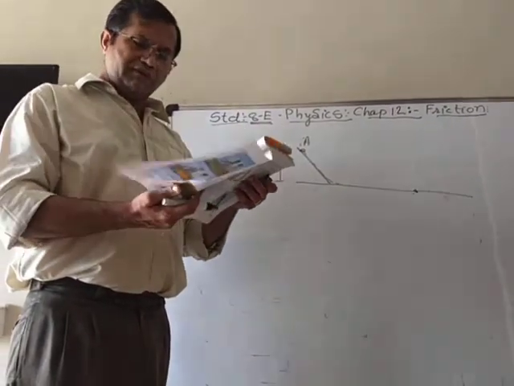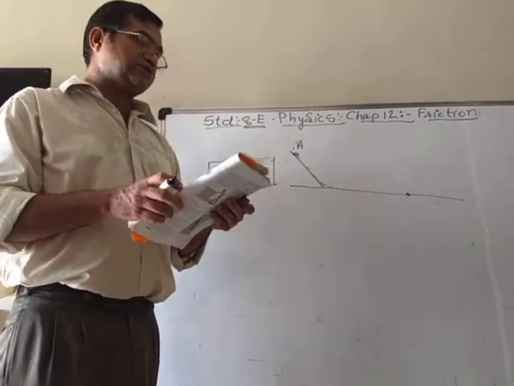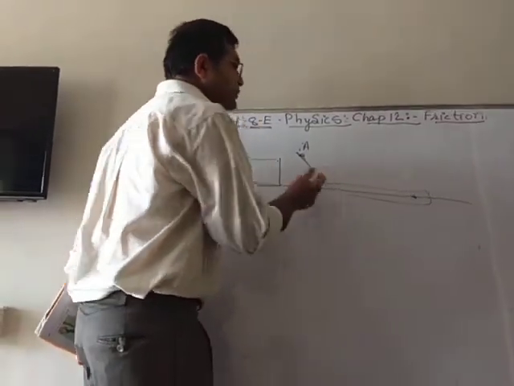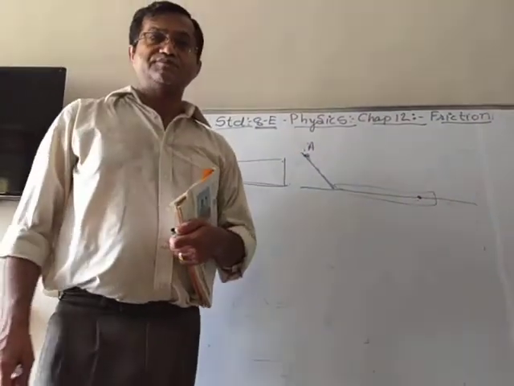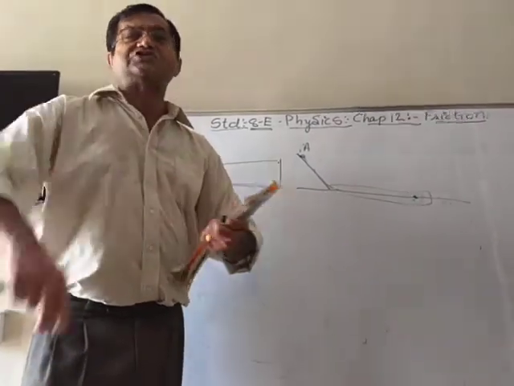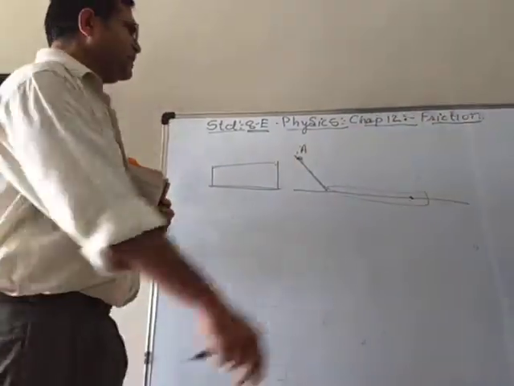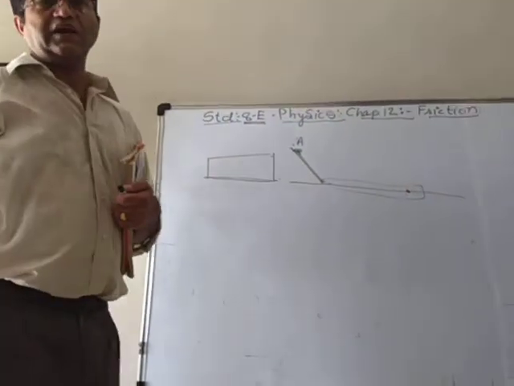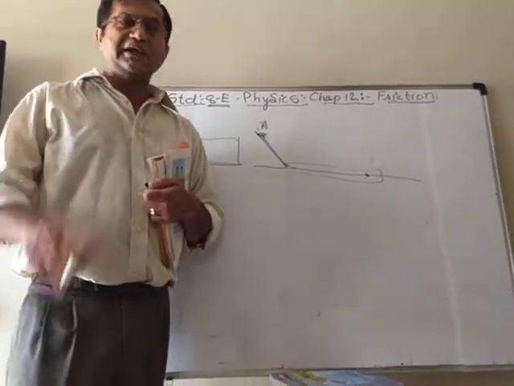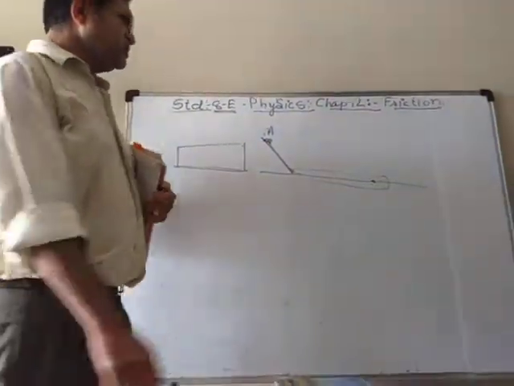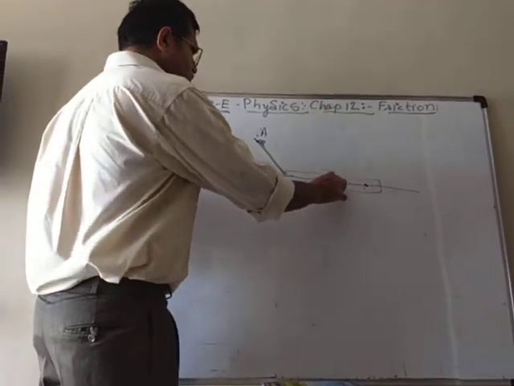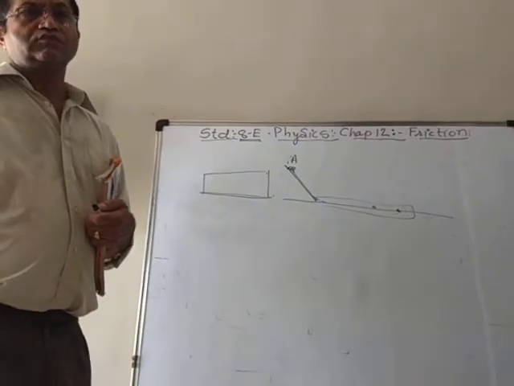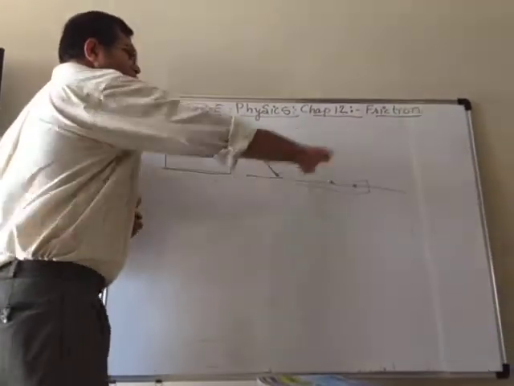Now what do we have to do? Spread a piece of cloth over the table. Make sure that the cloth is not wrinkled, but straight. Then again do the same thing. Put the shell at the place A and let it fall down. Then again check how far it goes before it stops. Then you can do it with a layer of sand also.